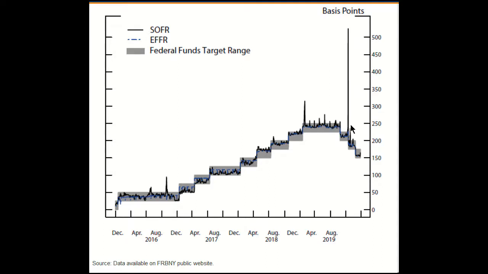And then here, look, here's September of 2019. Look at this big blip. The money markets were in a bit of turmoil. And according to the Fed, it was just a series of routine events that all happened at once that caused this money market spike. So this is the basis points. And you can see that rates jumped out of their target range from around 2% here to over